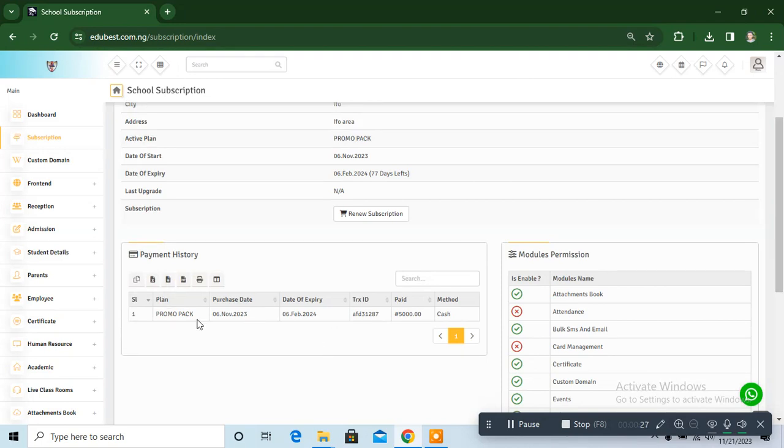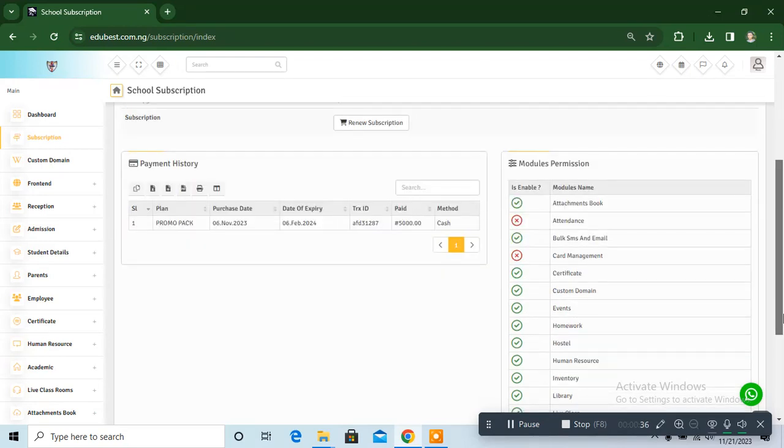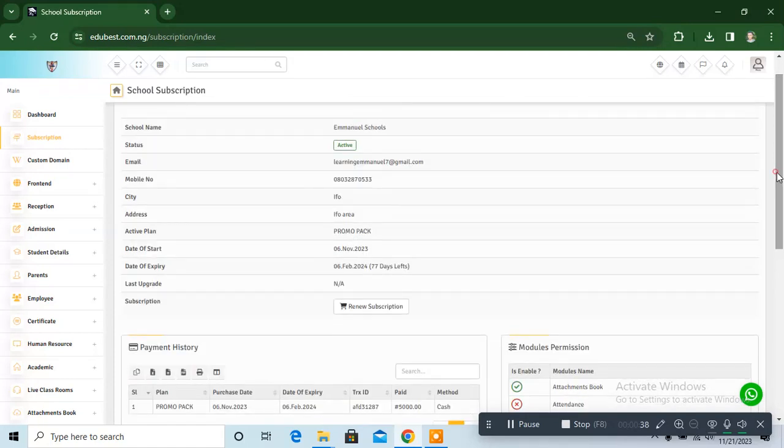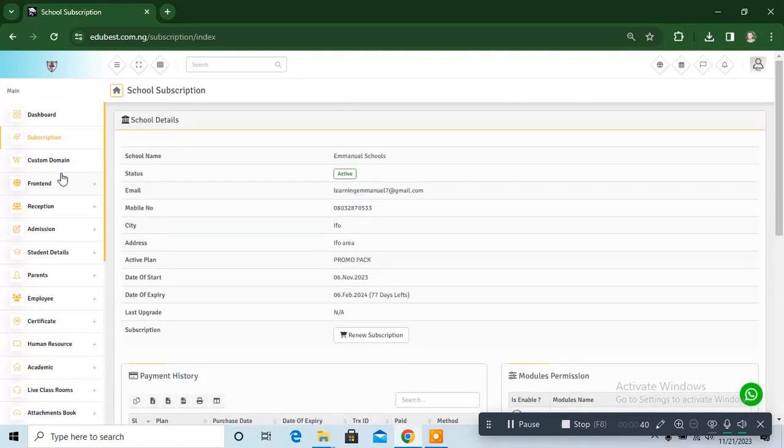This is the current subscription that this school is having right now, and the subscription is to expire on the 6th of February 2024, which is next year. So these are the packages that this particular school is having on their subscription. Then on the custom domain,